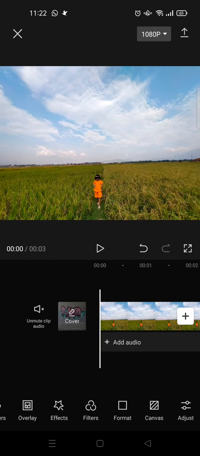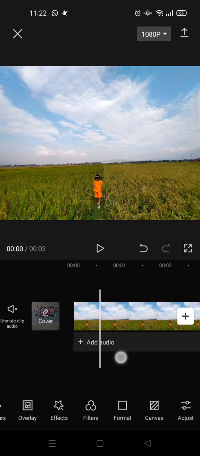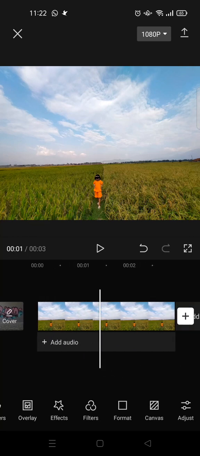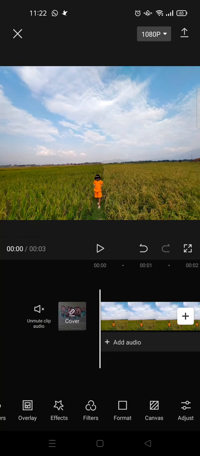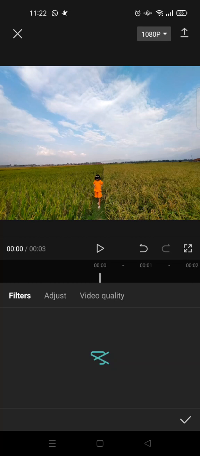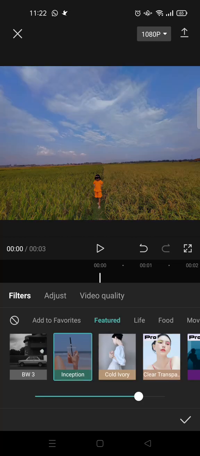In this tutorial I'm gonna show you how to edit your photos in CapCut. So here I've already imported a photo and I'm going to add some filters. Okay,